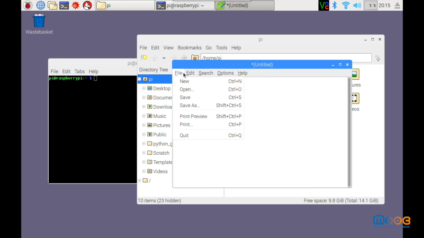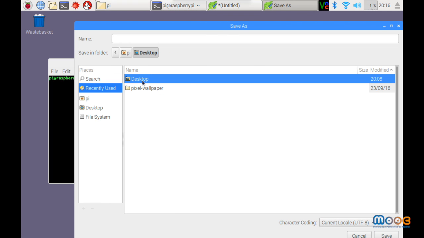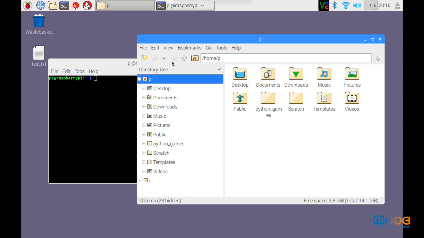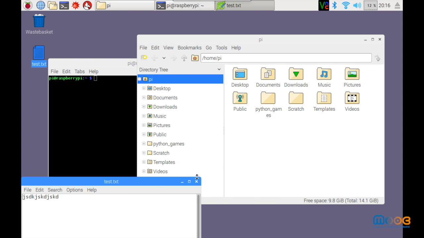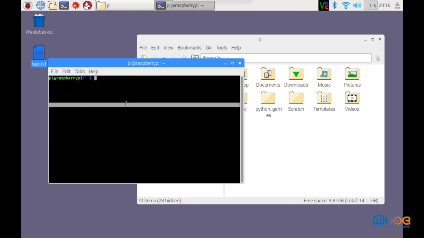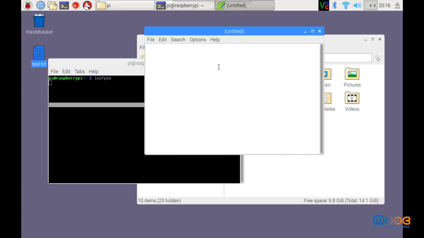For example, you have it here, or we can run it from the terminal, writing leafpad, and here we have our terminal again.